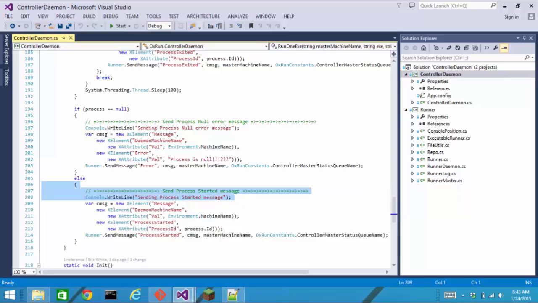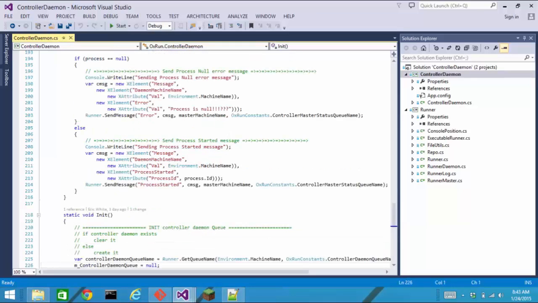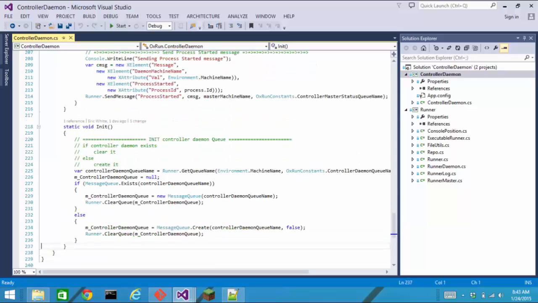And then when the controller daemon does start the runner daemon, it tells the controller master, yes, the controller daemon did start such and such a runner daemon. And here's the initialize. So there we've walked through all of the code in the system. Mainly, as I said, it's